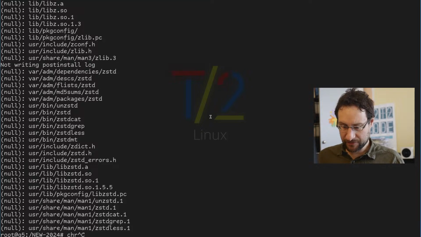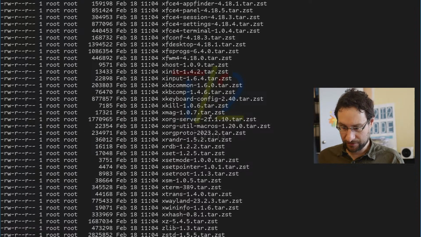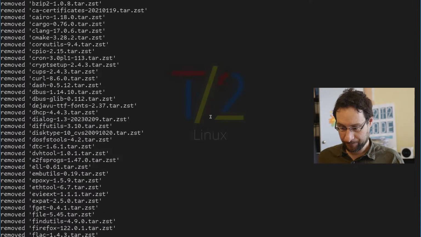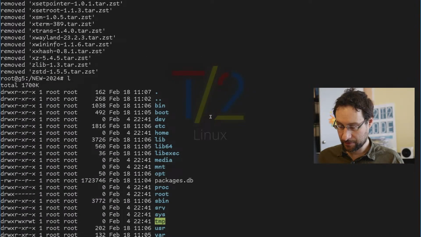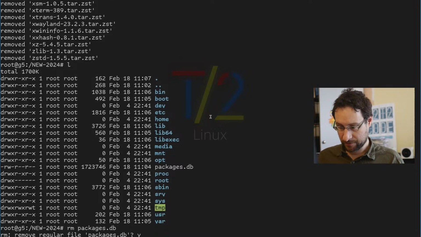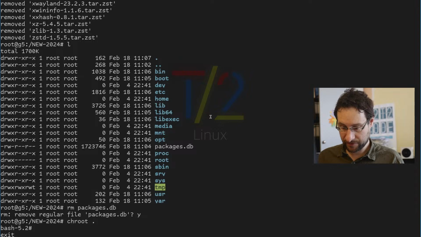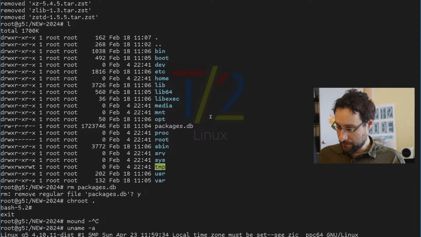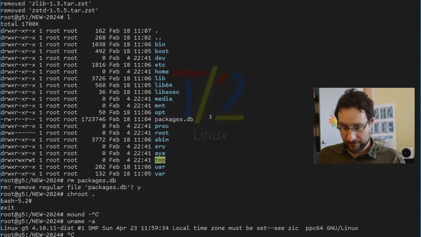Okay, let's see if the binaries work. So let's delete all the tail stuff. If we need some anyway, we can later redo that. Why do I have a... I probably copied that. Packages DB. So change root here, and that works, amazing. Then, so that's of course a dead old kernel from 2019 or whatnot. That's of course not ideal now, but